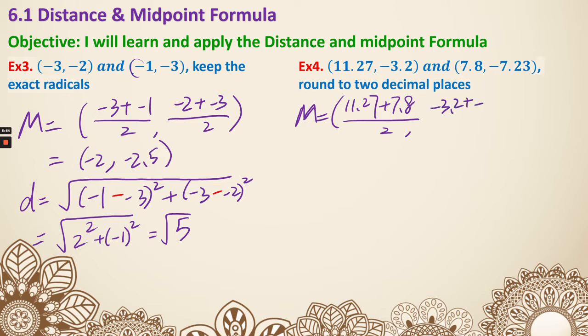-3.2 plus -7.23 over 2. If you simplify that, even though it says round to 2 decimal places, if I get an exact answer, I don't have to round. So you can either get 9.54 or you can keep 535. And then the other number is going to be